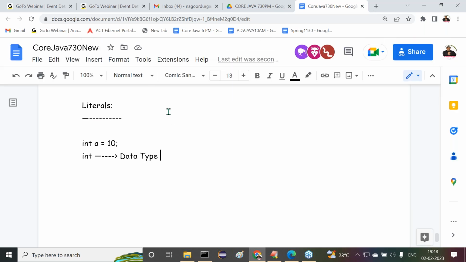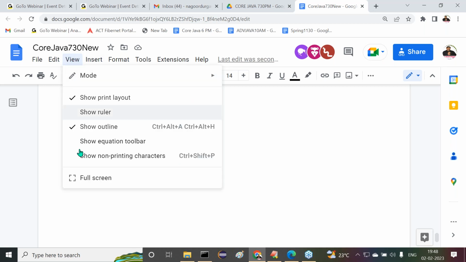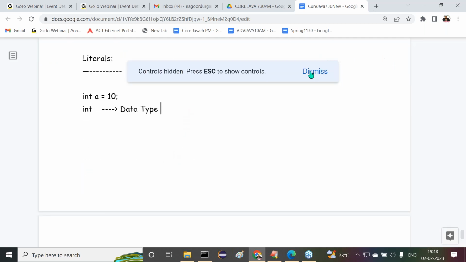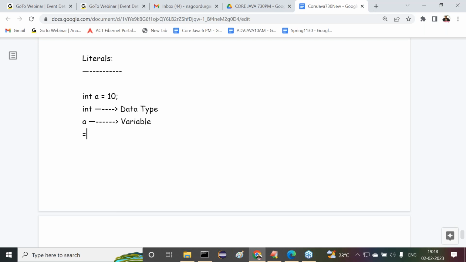Okay. Int is a data type. Next one is a. What is this a? Actually, it is a variable, or we may call it an identifier. Variable or identifier, anything we can write. Then equal.